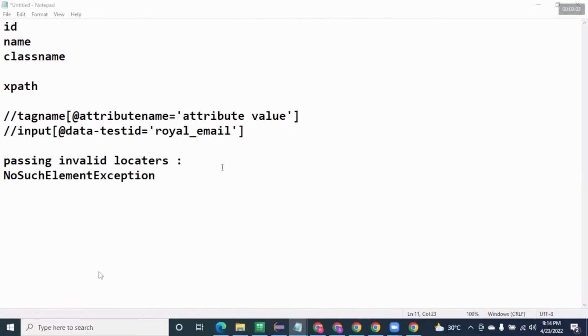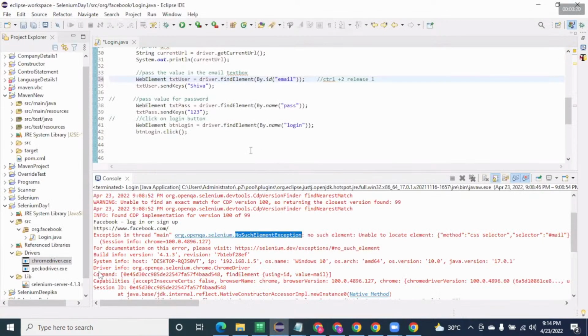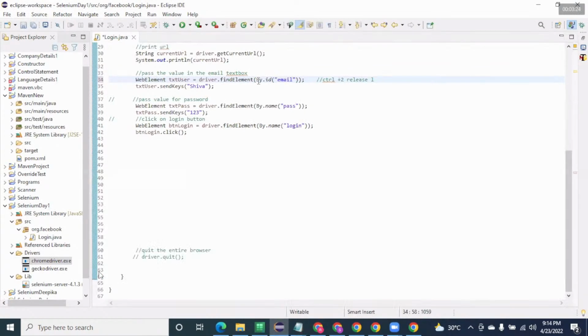Okay. So whenever we are passing an invalid locator, what will happen? It will throw what exception? No such element exception will be thrown, which means there is no element under that locator. When we are passing an invalid locator, it will show us no such element exception. If we are not validating the locators, we will get this